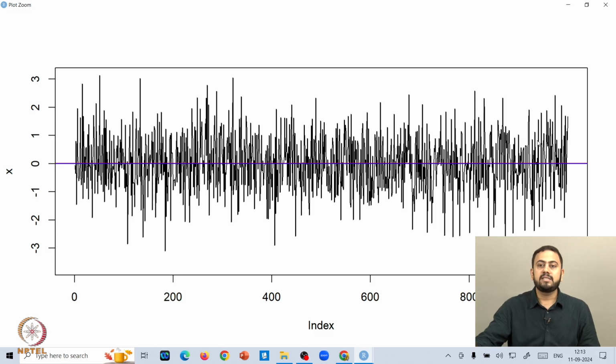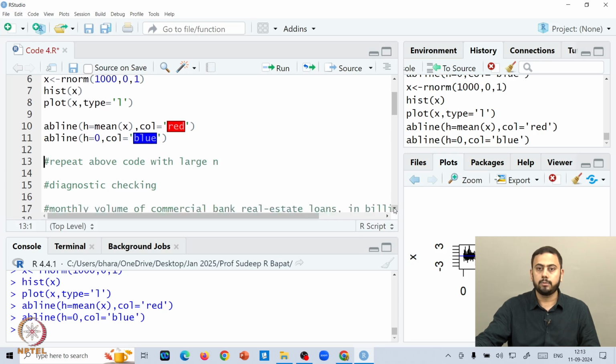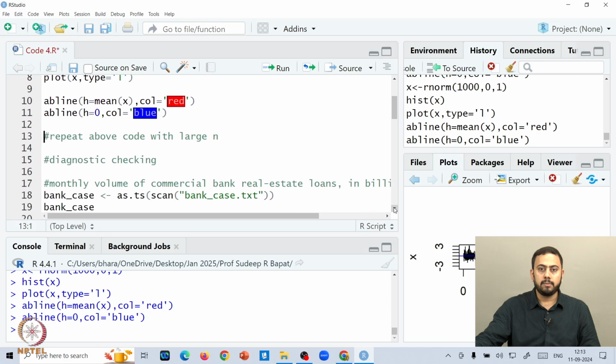So essentially this is exactly what we want to achieve, right? If you take a slightly larger sample, which is 1000, then obviously the generated sample has to resemble a normal distribution, both in terms of the histogram and in terms of measuring the mean of the data, etc. All right, so this is a small initial part of this code, and now we'll pay attention to diagnostic checking. We'll basically try to combine all that we've studied in the last lecture and the one prior to that, and so on and so forth.